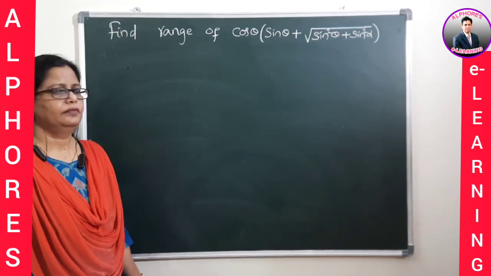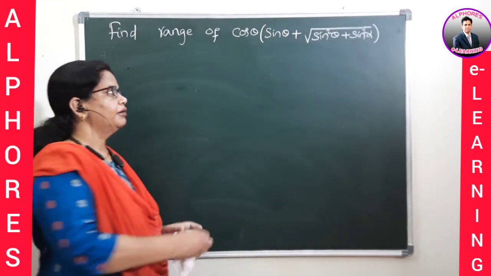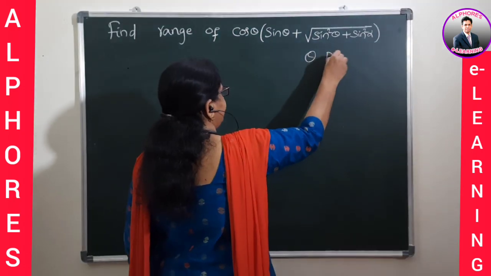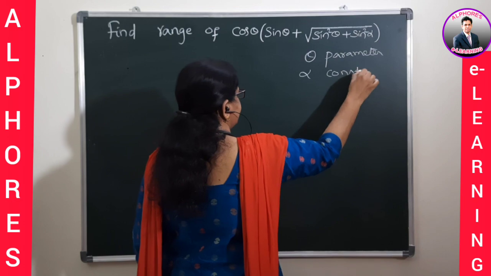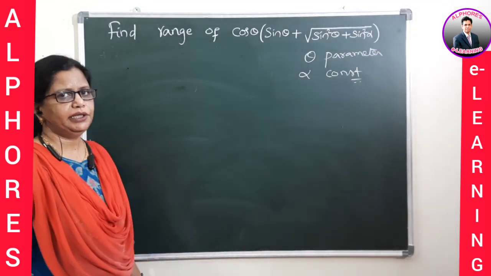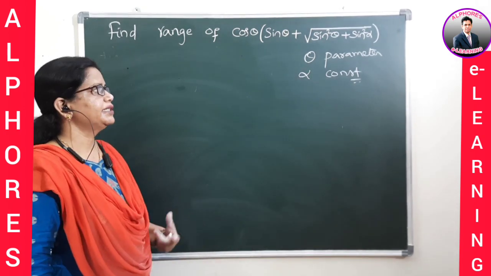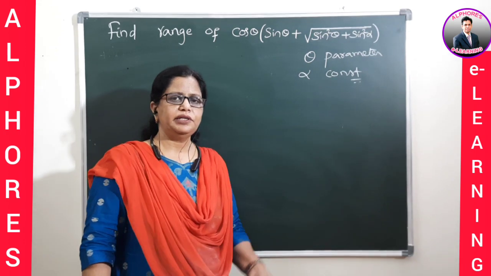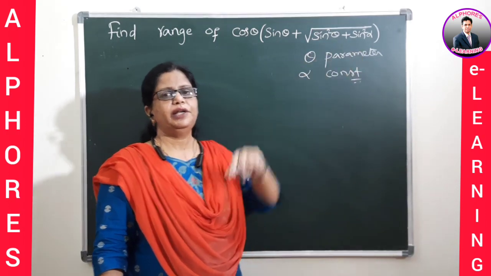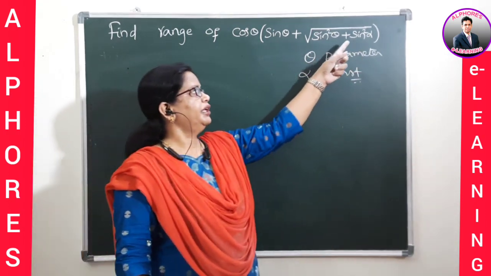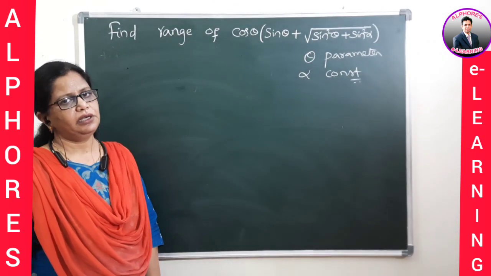Now observe, students, this problem they asked you about the range of this function, where theta is the parameter and alpha is a constant. Okay, alpha is a constant value and theta is the parameter, implying the variable is theta whereas alpha is constant. So whenever sin alpha is given like that, don't assume it is always a variable. We have to read the problem carefully. Sometimes they may give directly sin square pi by 3, or 1 by 4. Some constant they may give instead of giving sin square alpha.